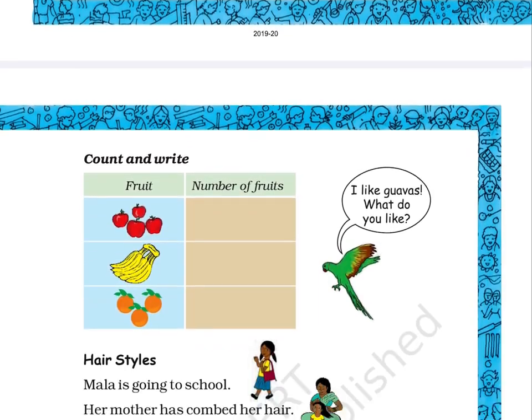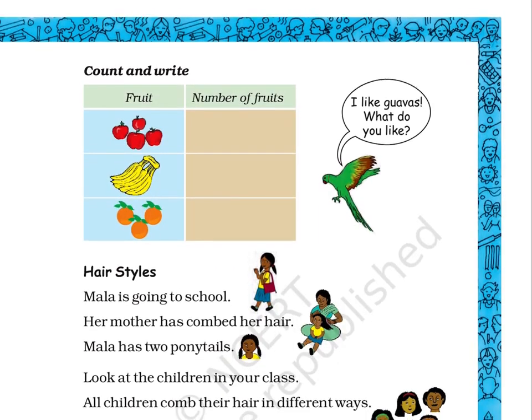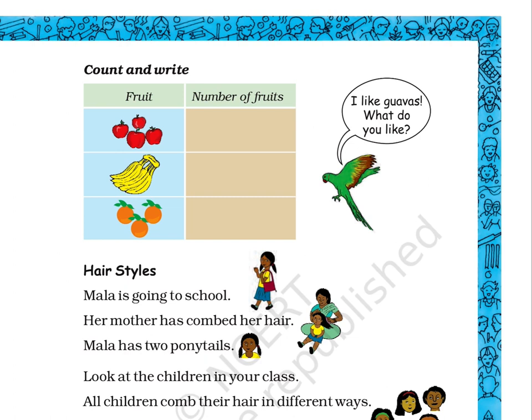Page 125. This page is divided into 2 parts. Each part has questions based on pictures. In Part 1, the fruit seller from previous page continues. Let's begin reading this page. Part 1. Count and write. On left-hand side there is a table of 2 columns and 3 rows. Column 1 presents the pictures of fruits from the fruit seller's basket, and column 2 provides space for writing the